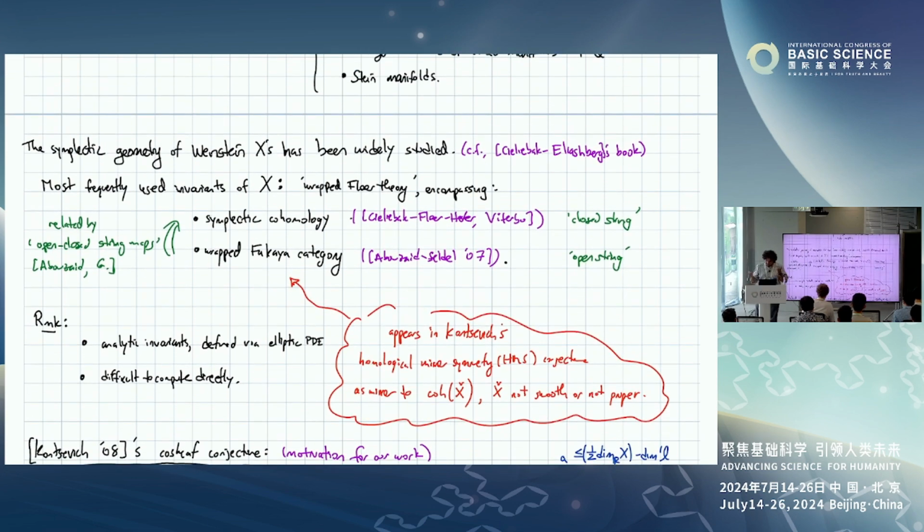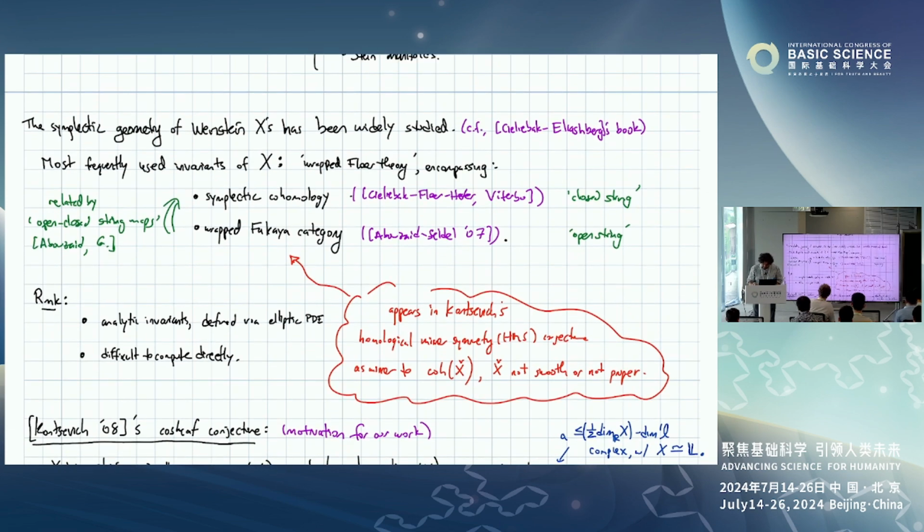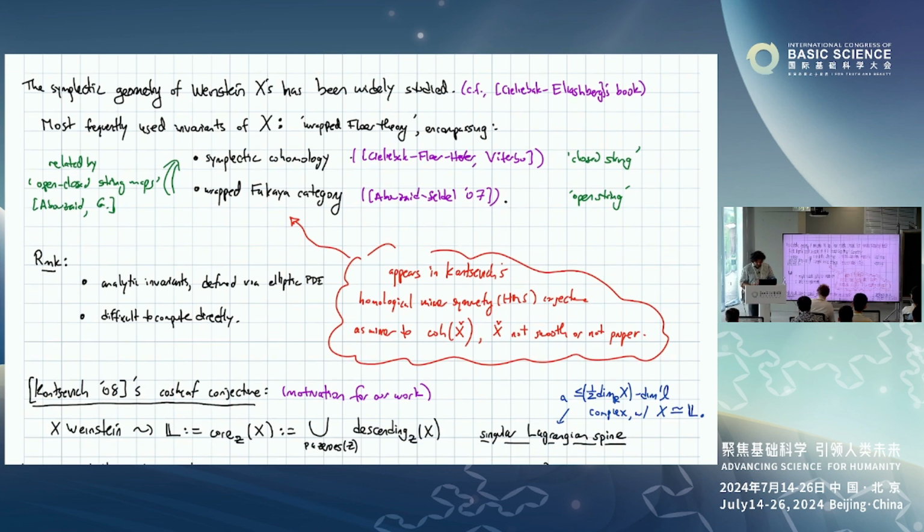Okay, so these are the broad remarks as the setting of what we'll study, and a basic goal is to find tools for computing these and structural properties of them, which reduce them to more topological type computations. And in that vein, there was an important conjecture made by Kontsevich in 2008, which is a major motivation for